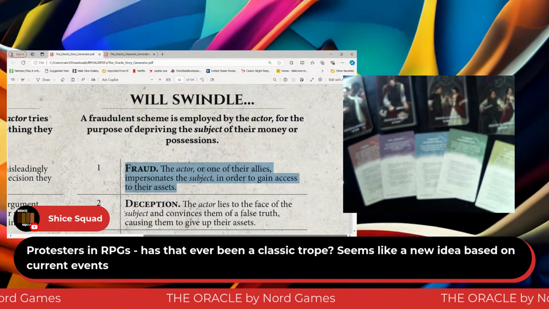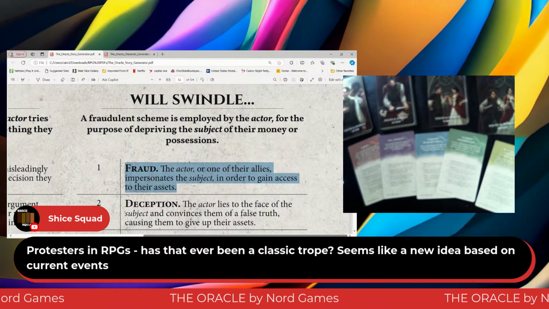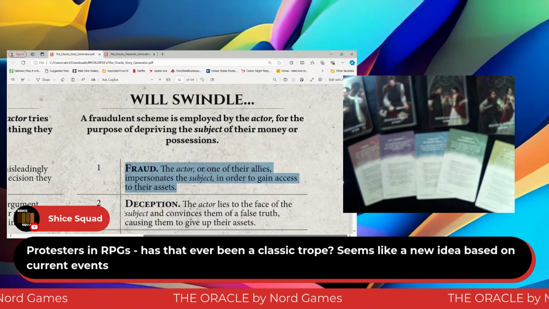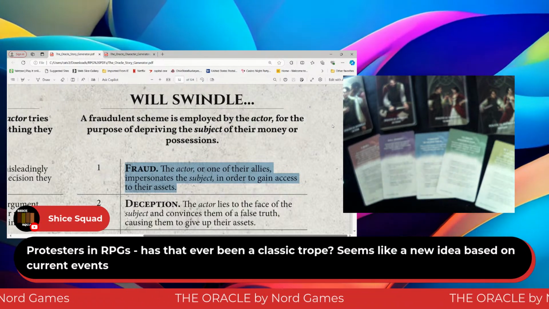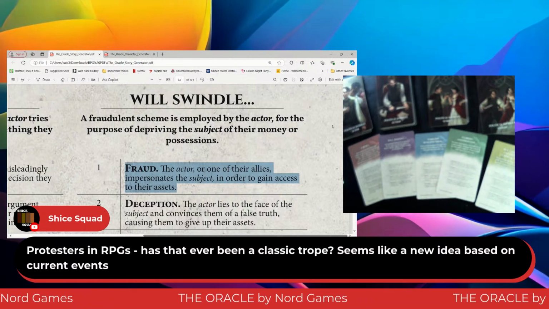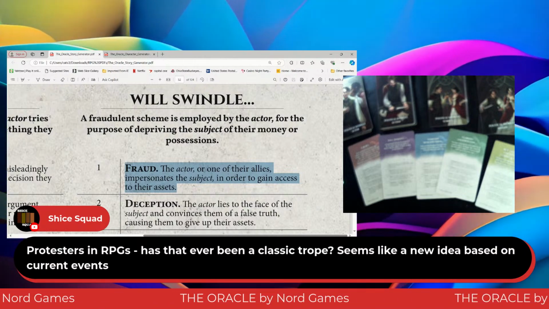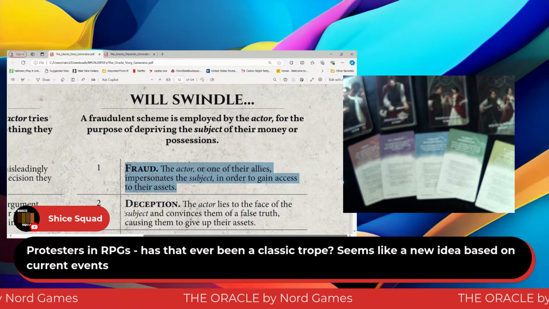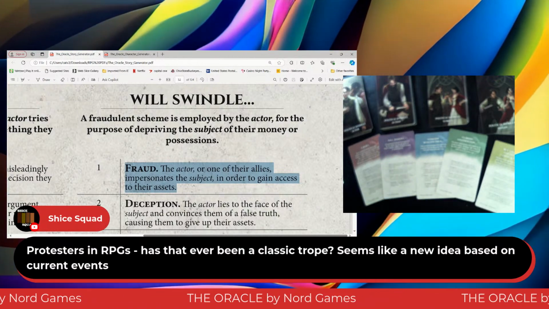Now, this could be a goodly realm and our actor could be evil, but I think it sounds better if this has a draconian government, kind of totalitarian or something, and this person is stepping up, talking about the corruption of the governing system. But they're just like, I need to get access to something. So maybe they're willing to employ fraud. Now, it says the actor or one of their allies, so it doesn't necessarily mean this person is performing every one of the objects ad infinitum. It could be that they have other allies or what have you, and then that's when we start getting more